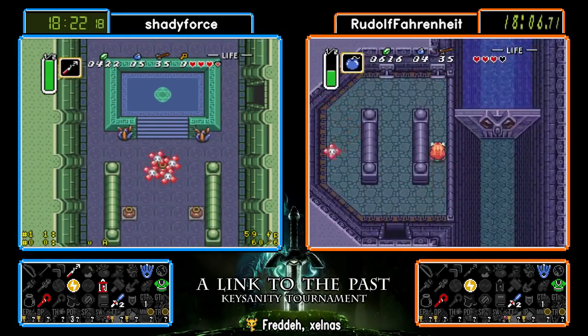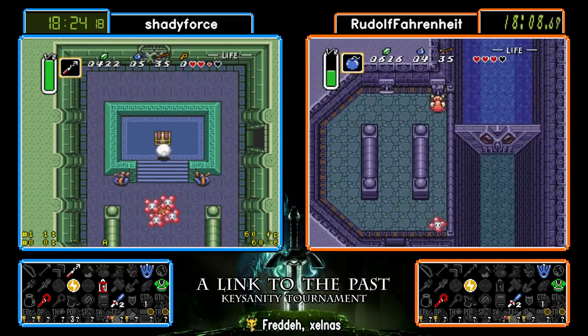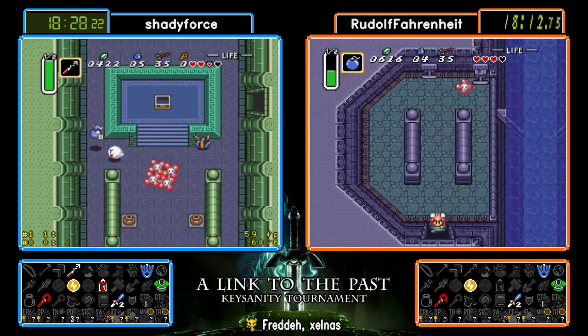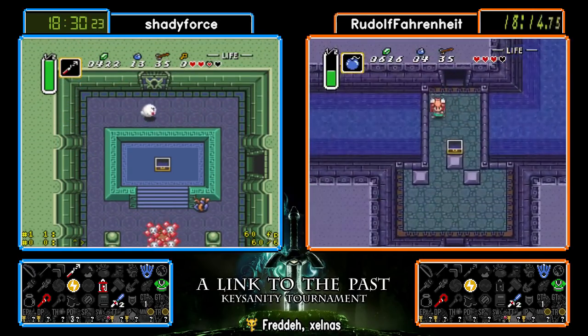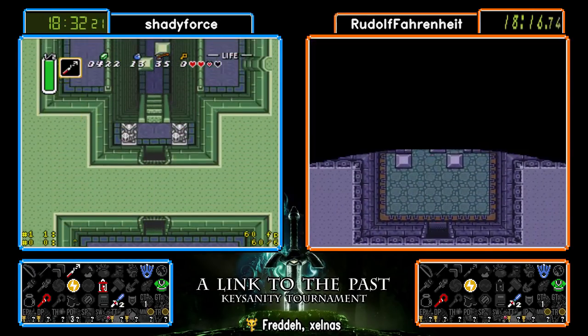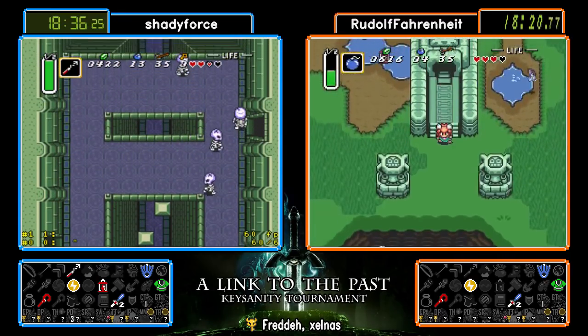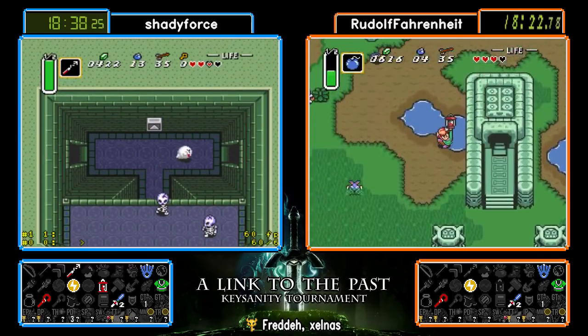And will he get the damage boost? He does. Oh, perfectly done. Executed. And the sewer key. Ooh, that's very interesting, actually. Yeah, that now means they can get to the back without needing the gloves. Darn, if Rudolph had gotten that on his first trip...